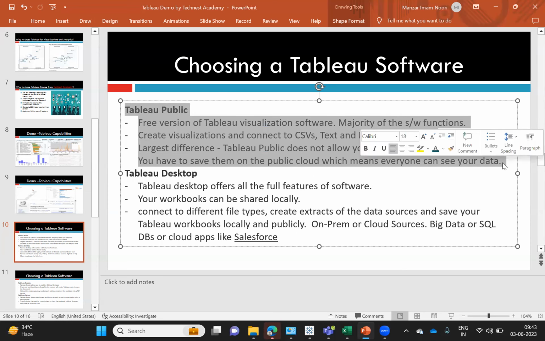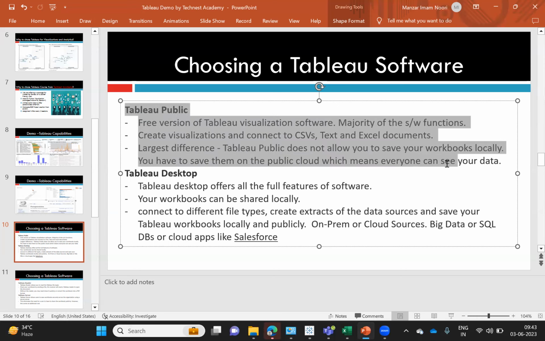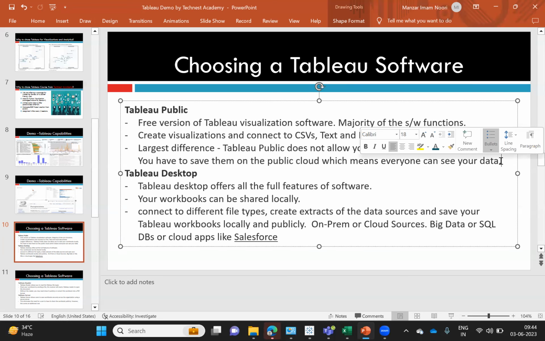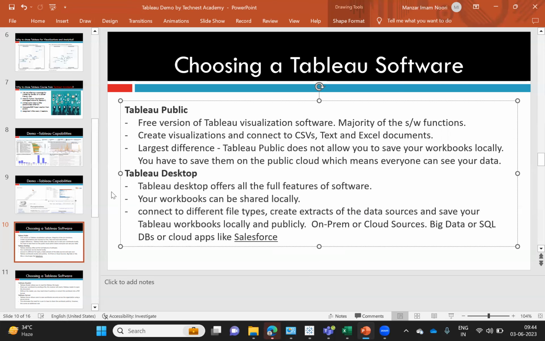It has the options, but in terms of saving the data, it is for learners only. In terms of connectivity and saving your data, it has limited options. But Tableau Desktop has all the features, and you can connect to all the different sources.